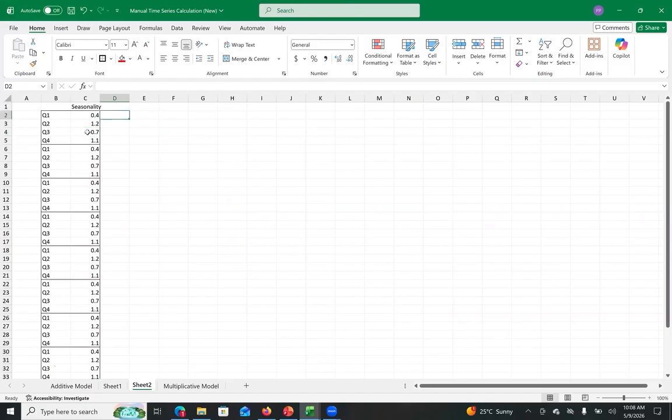I think what you are saying is something like this: only for, let's say, Q3 I have the values, and otherwise the values are 0. Or for Q1, Q3, Q4 the values will be different, but only for Q2 it will repeat itself. No, it cannot happen that way. What you are saying is that Q2 is repeating, but Q1, Q3 and Q4 are not repeating. If it is not repeating, then it is not seasonality.